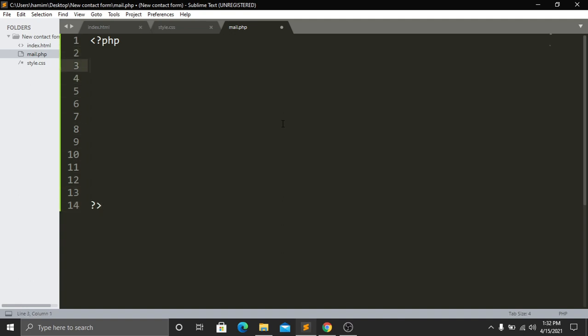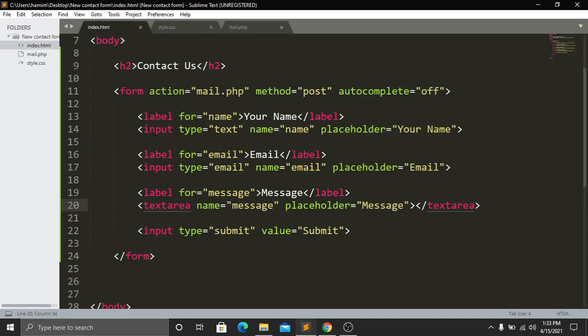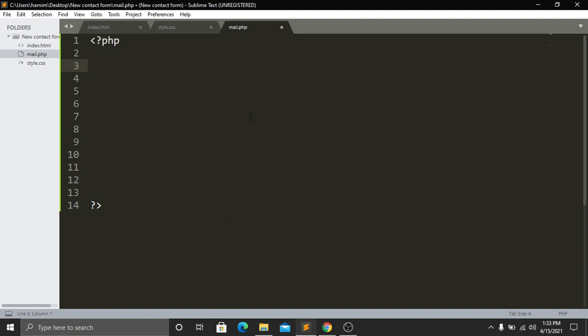And here first we have to create some variables, and we have to store the data of the user, which we will get from these input sections. So our first one will be for our name, so that's why we have to take a variable name. And for taking a variable, we first give a $ sign, and here it will be name, and name is actually a variable. And inside this variable we have to save the user name, which the user will type, his name or her name.